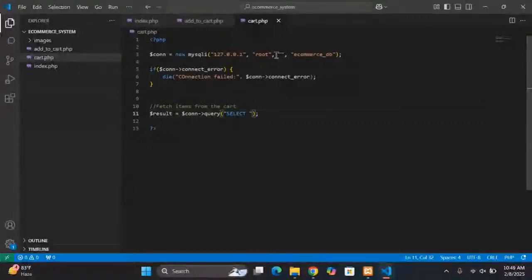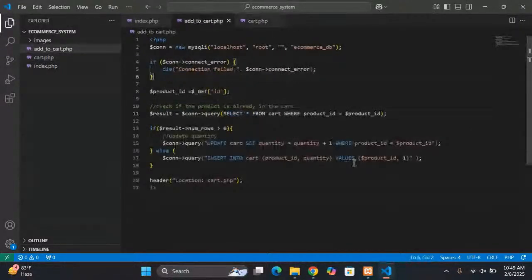And if you're trying to select a particular item from the table, you do select. Just like we did here. Where did we do it? Is it this? Okay, no, it's the cart table, right? Select star from cart table where product ID equals this, which means we are looking for a particular